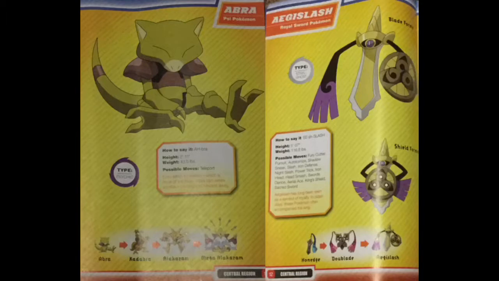But it's 5'07" and it's 116.8 pounds. It learns Fury Cutter, Pursuit, Autotomize, Shadow Sneak, Slash, Iron Defense, Night Slash, Power Trick, Iron Head, Head Smash, Sword Dance, Aerial Ace, King's Shield, and Sacred Sword, which is kind of weird because Sacred Sword is the special move